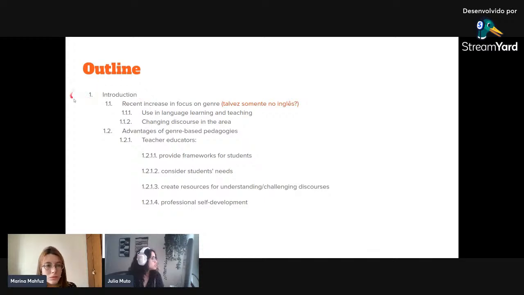So we had the introduction section, right? And it starts mentioning this recent increase in focusing on genre. Okay, so this is not necessarily a full grammatically correct sentence. You can't just copy and paste it into a text. It's not going to make perfect sense, but it's the idea that's present. So recently, according to Highland, there has been this increase. I think he uses the verb increasing, and we chose the noun increase in genre-based pedagogies or genre theory. And we commented here, maybe only in the English-speaking world,